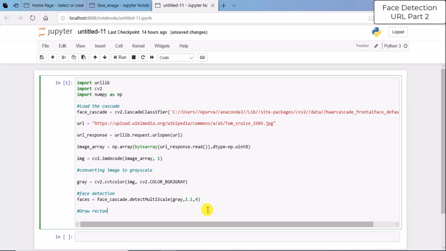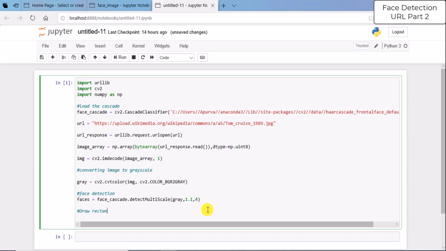So cv2.rectangle, and in this I'm going to pass my image. Image is gray, right? Or I can also pass img, then my coordinates x, y, x plus w comma y plus height,